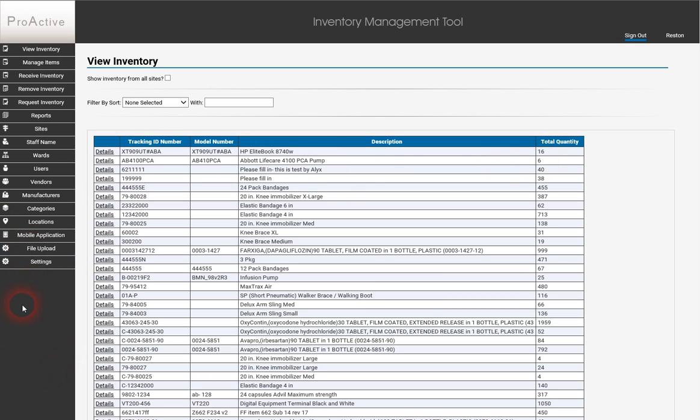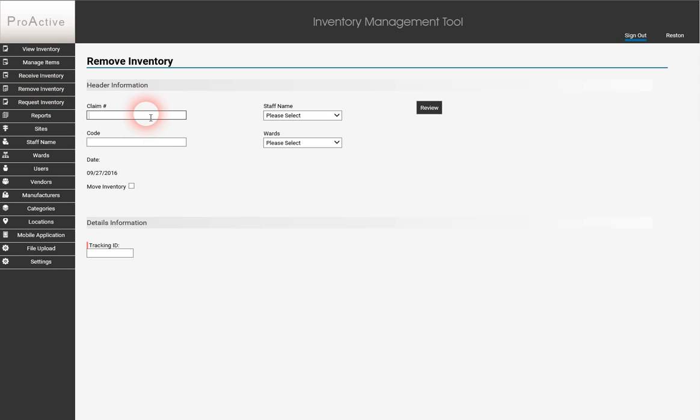So let's go now to the same remove screen that we used in the previous video, and let's take out one of each of those items just to show you an example of how that functions. We can take it out to this staff person. Since these are higher value items, we may want to be tracking who has those items. So let's go ahead and scan out